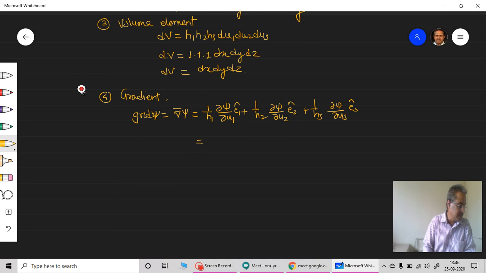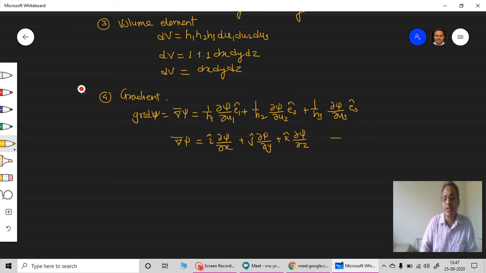So that gives me i cap, h1 is 1, so no need to write it there. So it is del psi upon del x plus j cap into del psi upon del y plus k cap into del psi upon del z, and that is my grad psi in the Cartesian coordinate system. We have already seen this last year,